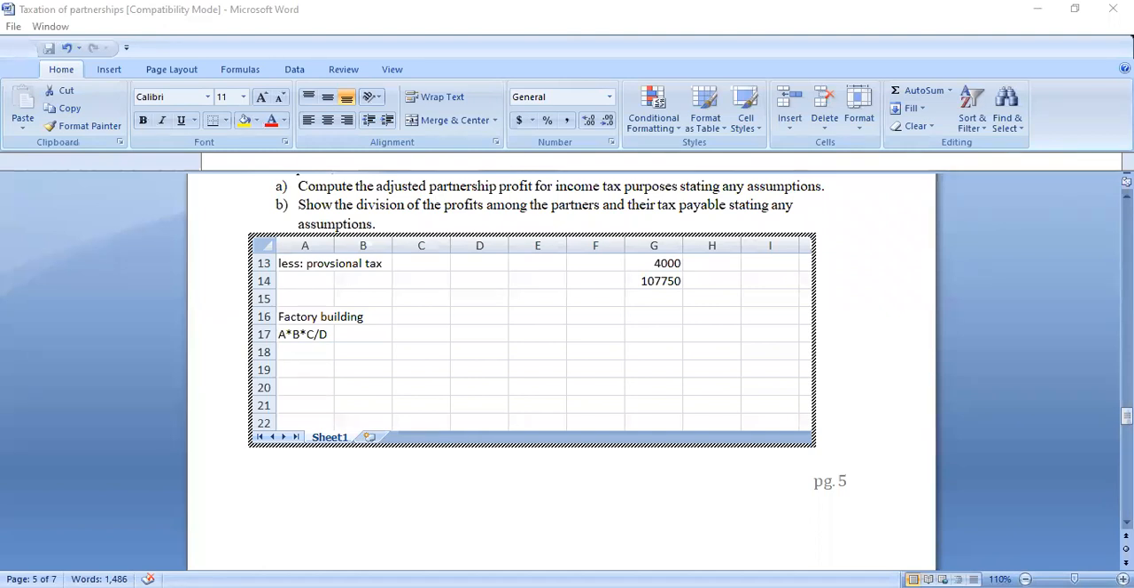So let me go back to the factory. Okay, so for the factory, we are saying that